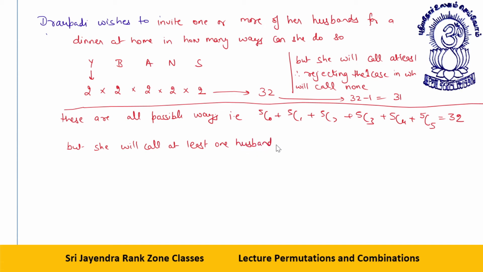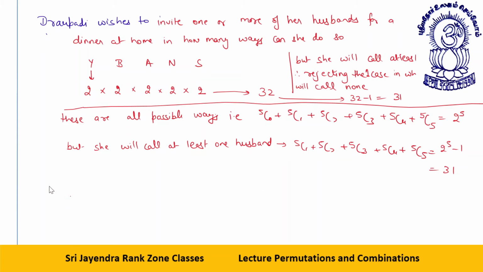At least one husband. So what will happen? This is 5C1, 5C2, 5C3, 5C4, 5C5. This will be what? 2 raised to power 5 minus 1. 2 raised to power 5 minus 1 is what? 31. Okay. So now the thing which I need to explain to you is